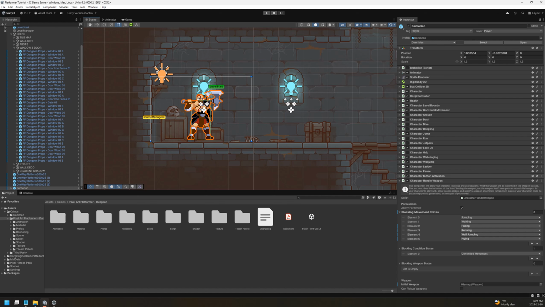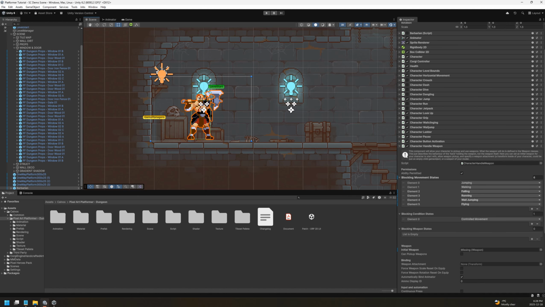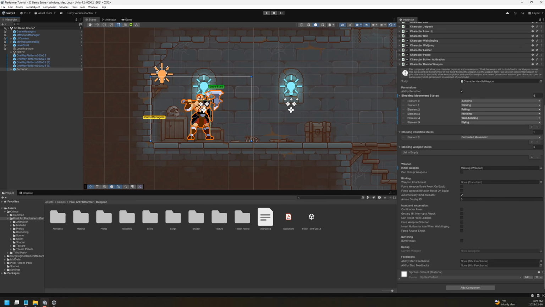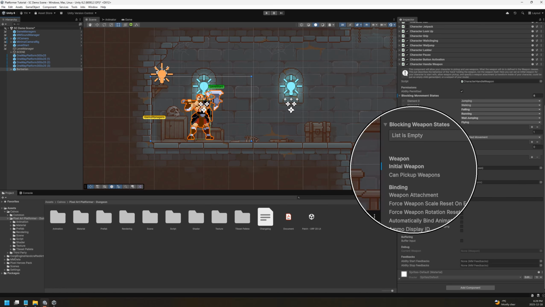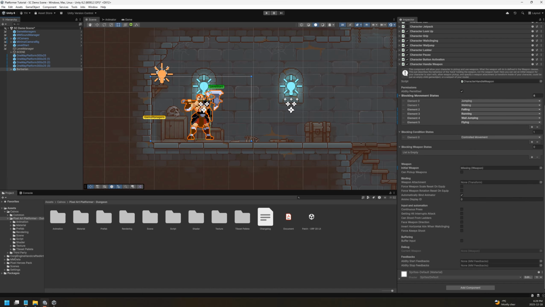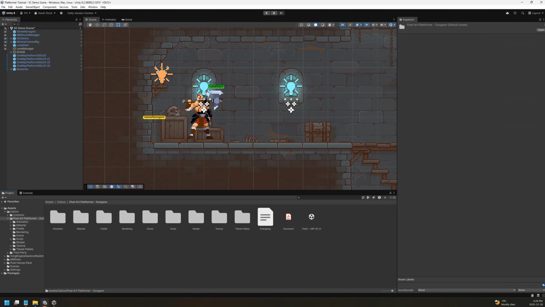Firstly, what we need to do is find the character handle weapon script on the barbarian object. Let's move down. As we can see right now, we don't have an initial weapon here. That's what we are going to create. So in order to do that, we need to find the barbarian prefab. If you haven't done that, please, in this